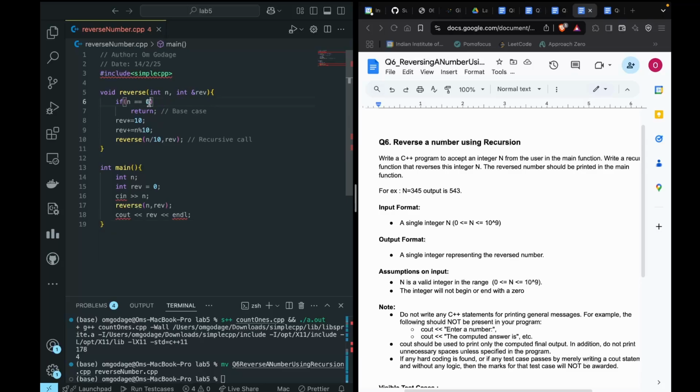Let's say that if n was 0, this is the base case of your recursion. If n is 0, your reverse is already 0, so you don't need to do anything at all, you just return. Okay, if it is not 0, if it is some value,